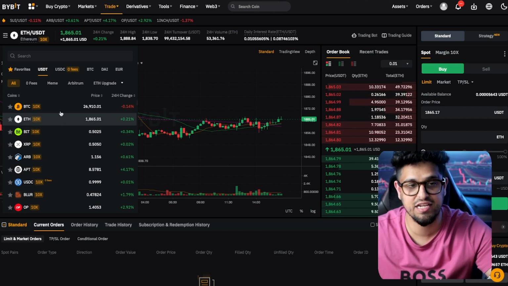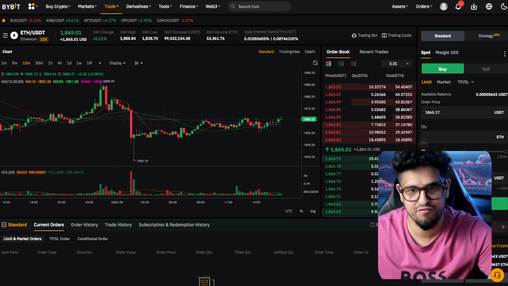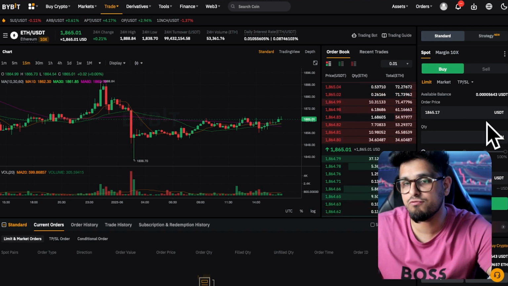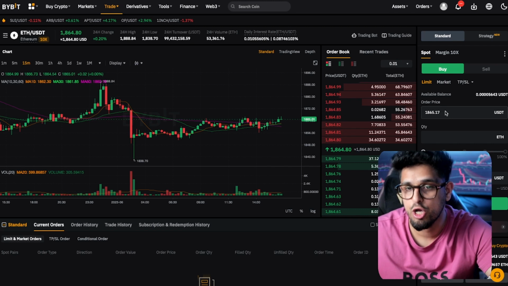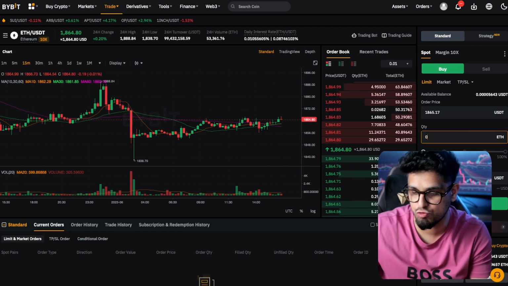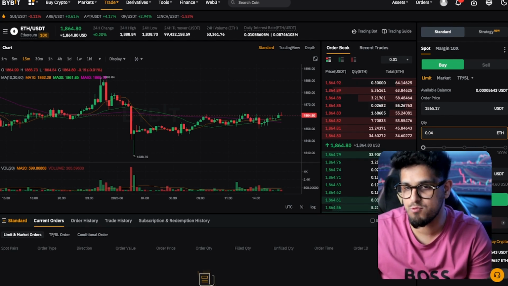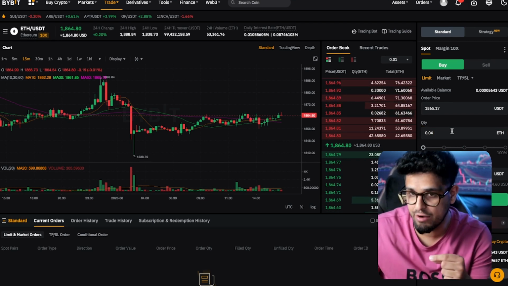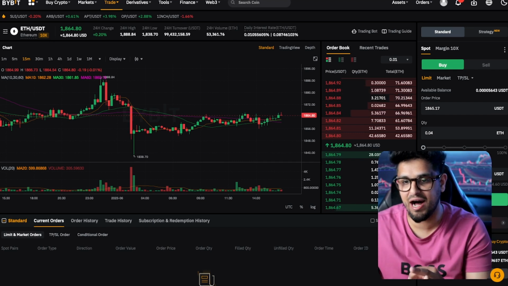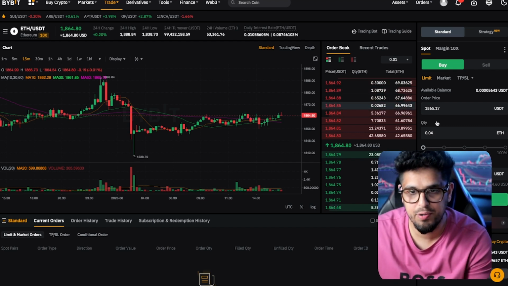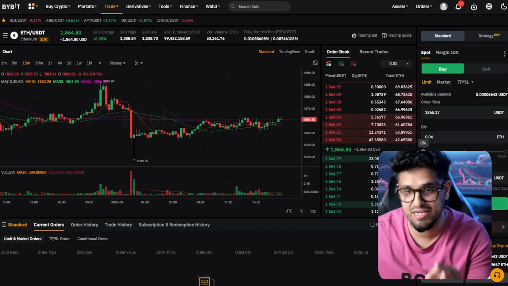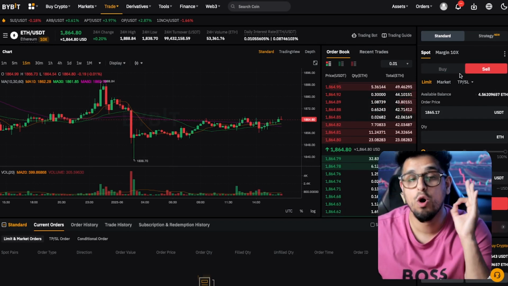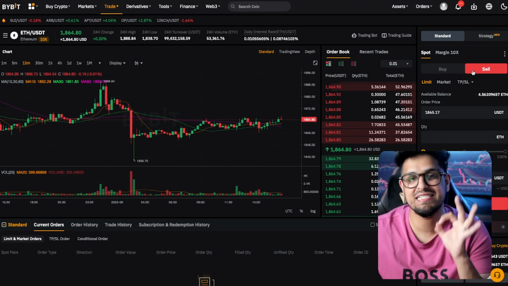And personally, like I said, I don't trade leverage. If you guys trade leverage, that's up to you. It's a quick way to get wrecked, so be very, very careful. Make sure you're experienced. And then on the right hand side, I want to set up my order. Remember, the position sizing calculator already told me how much I want to buy. So I set how much Ethereum I'm going to buy based on the position calculator, and then I hit buy. When I hit buy, I will then make sure that I've set up my stop loss and set up my limit order sell. This is going to sell automatically when we hit our take profit.